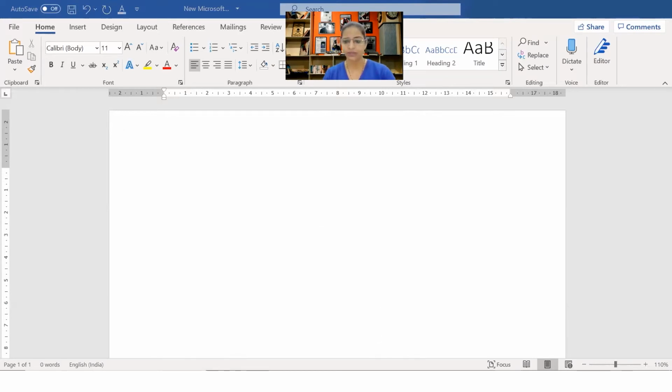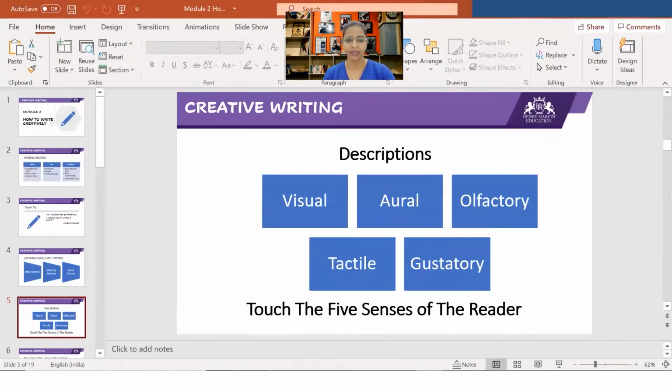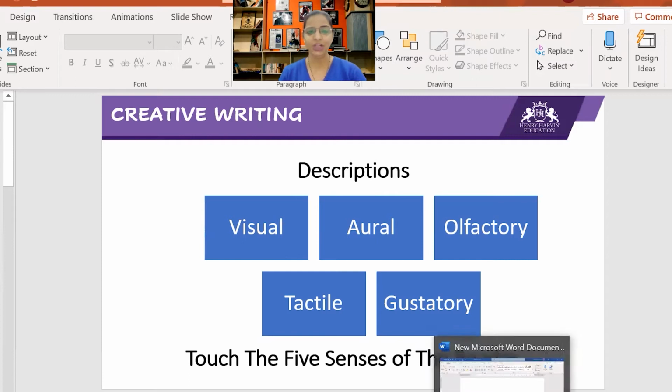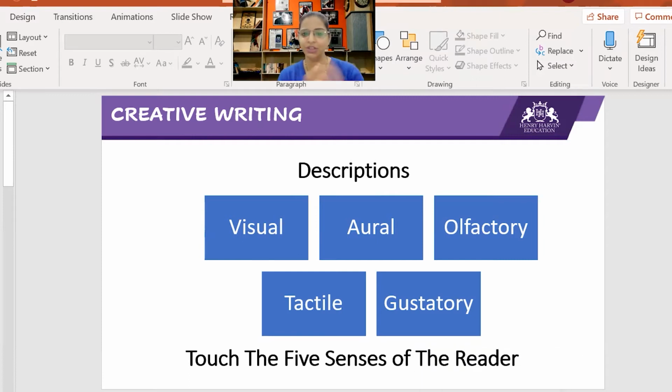All right, let me start with the first thing, which is called descriptions. With your descriptions, you need to touch the 5 senses of the reader, or of a human.